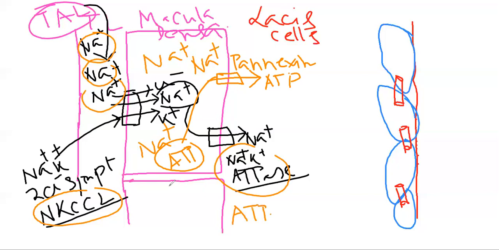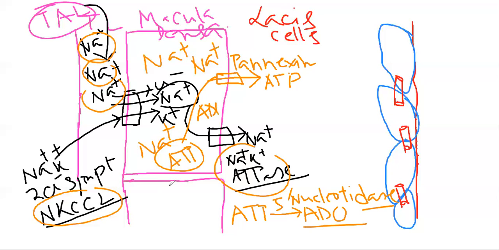ATP will be converted eventually into adenosine, which is also known as ADO, by the 5' nucleotidase. And this adenosine will easily come out from the cell by simple diffusion, and both this ATP and adenosine will work on the